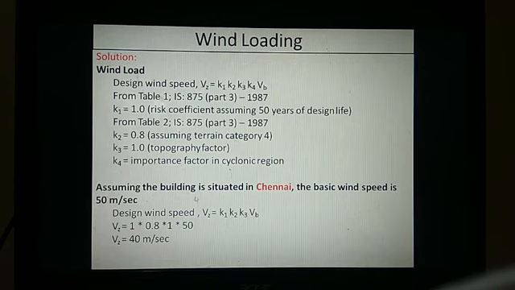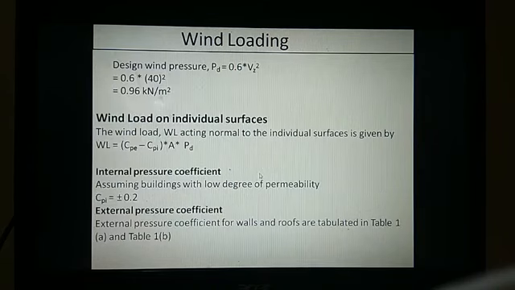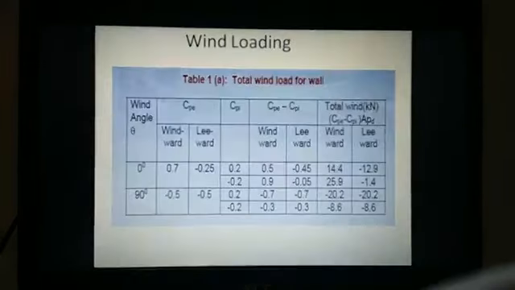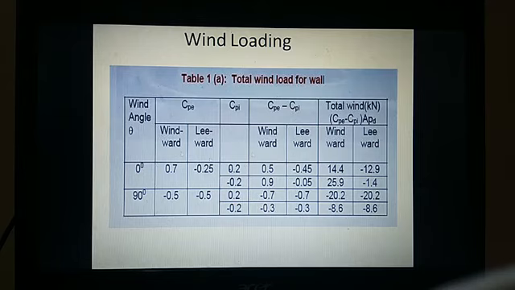So this is the way I am going to solve the problem tomorrow based on the code practice. I request all of you, please bring your IS 875 Part 3 code to the class, while I am discussing and calculating all these external pressure coefficients and internal pressure coefficients based on the code. Okay, so these are the tables which I am going to get from the code book itself. So this is the way we are going to make use of tables from the